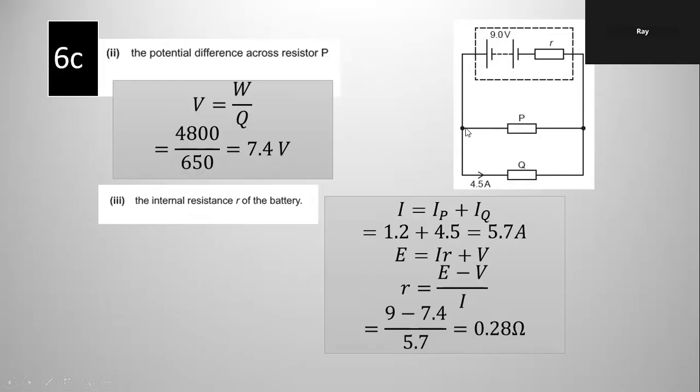Because the potential difference across P and Q is the same. It's just the current and resistance that are different. Anything still not clear? No. Okay, then